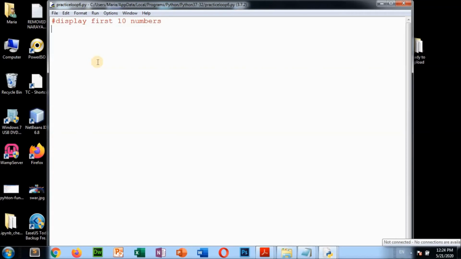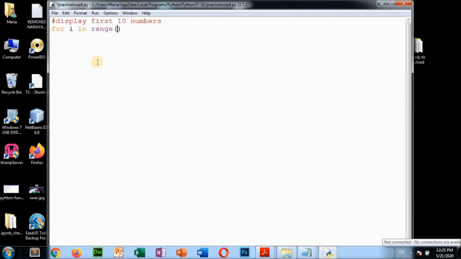Okay, now using for loop we are going to do this program, display first 10 numbers. So here what to do, see, here you have to use the range function. For i, the looping variable you are taking here. No initialization part you have to write, and the while condition is also not there. For i in range, this is the syntax you have to remember. For i in range, from where to where you are going to display?